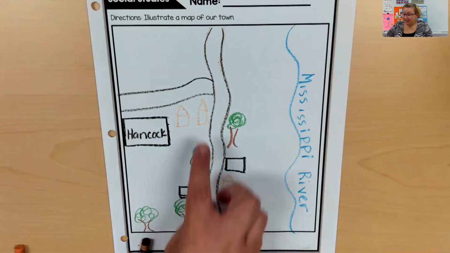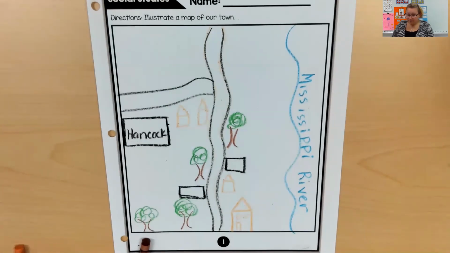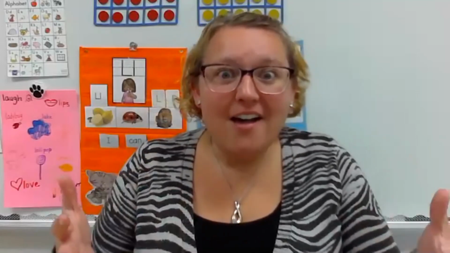Not too far away. If I continue to drive down this road, I eventually even get to a place that's called the St. Louis Arch. Have you ever been there before? Or the zoo? Have you ever been to the zoo? Those are all places that aren't too far away. So hopefully you were able to draw a map of your town and you can decide or tell what are some things that are around you and where you live. And maybe if you were explaining to a friend how to get to your house, you could draw them a map like the one that we just worked on.